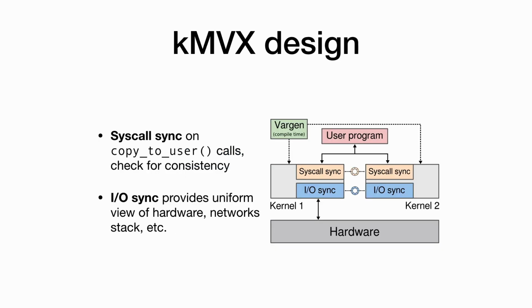The first component, the syscall sync, checks for consistency between the kernels at the kernel user space boundary. The second component, I/O sync, gives both kernels a uniform view of shared hardware resources and other stateful systems, such as the network stack. In this scheme, the leader kernel communicates with hardware and replays the results to the follower